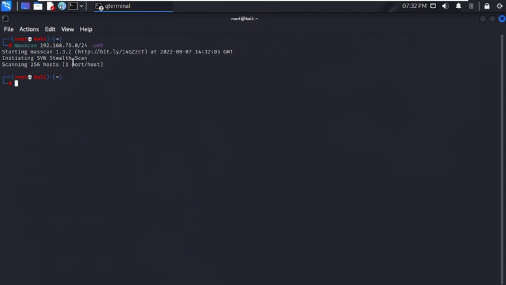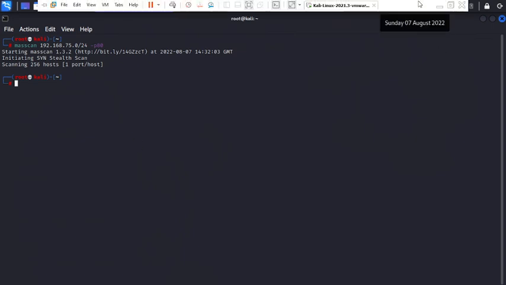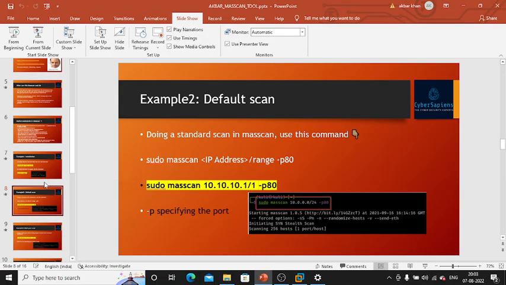See, it scans for one port only. It scans all the 256 hosts and one port. So there were no port 80 open, as I am just using my home network to scan. So this we can do. Suppose a web application is hosted in my network, so it would be running on port 80 or 443. So I can use this scan to get whether these ports are open or not. So in my home environment, this port is not open for all the IP addresses, so that's why it's not giving me any results. So now we will be going to the next slide, what we have discussed,